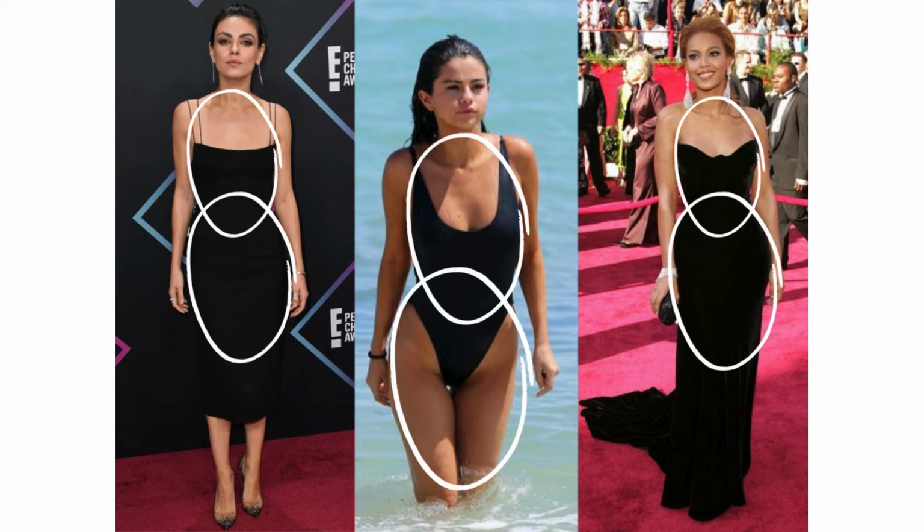All three of these women have double curve. Mila Kunis to the left, Selena Gomez in the middle, and Beyonce to the right. Mila and Selena are both theatrical romantics, verified, and Beyonce is a verified romantic. Their snowman encompasses most of their bodies and their entire chest. There's also a certain petiteness and delicacy to them and their bone structure, which is typical of the more yin dominant types.